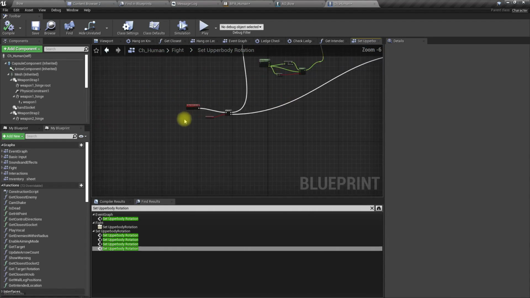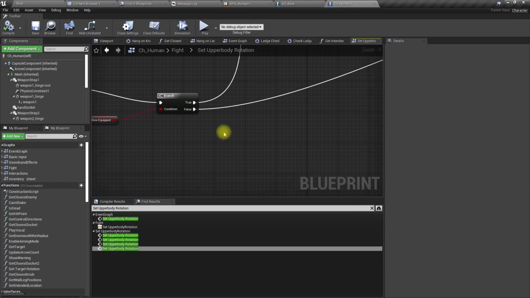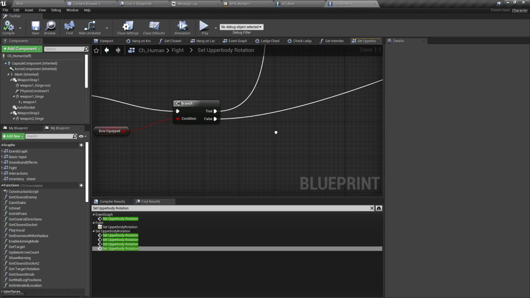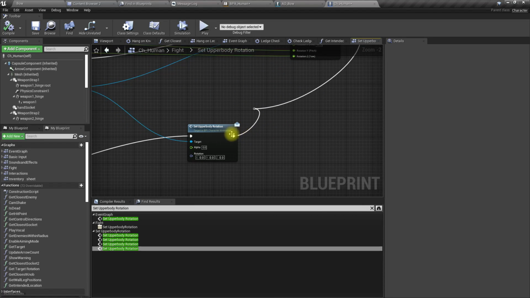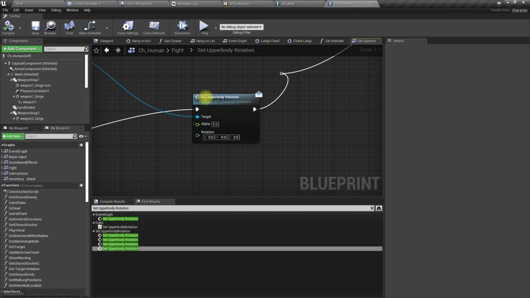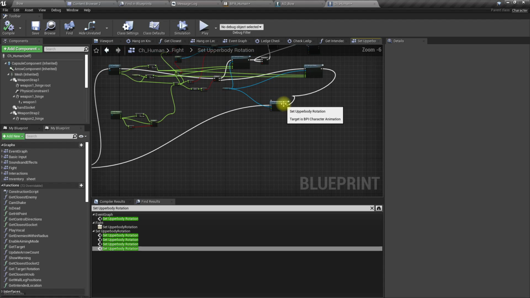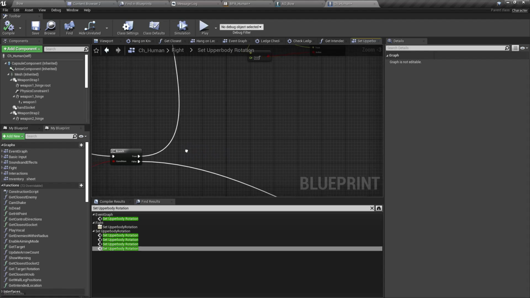Then, if we are not equipped, if the bow is not equipped, then definitely we can call this event on the animation blueprint like this: set upper body rotation alpha to 0. So yeah, that part is clear. And if not,